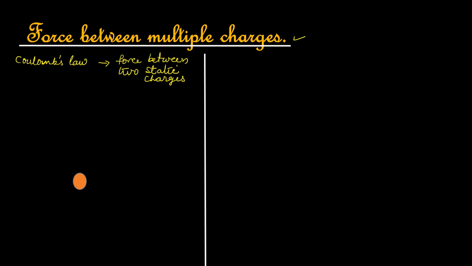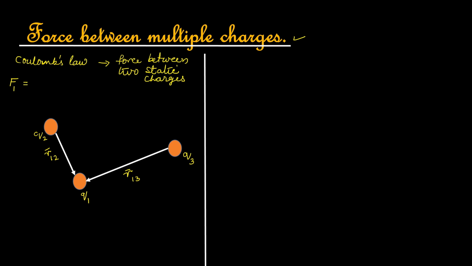This is one charge. Let us mark it as Q1. This is yet another charge and let us mark it as Q2, kept at a distance marked as vector R12. This is a third charge marked as Q3, kept at a distance from Q1 marked as position vector R13. We have considered three charges in space. Now let us consider the force experienced by Q1 due to Q2 and Q3. Let F1 be the force experienced by Q1.